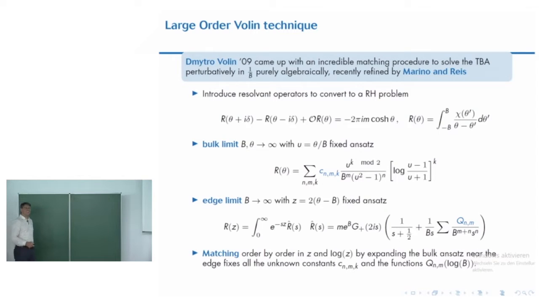But it turns out you don't need to solve the integral equation. It's sufficient now to take this ansatz, expand it towards the edge, and match these 2 expansions. And if you match these expansions, you get algebraic equations that determine all the C's and all the Q's. And you do this order by order in the chemical potential. I think this is a work of art. Getting it to actually work on a machine is quite hard, but you can, in principle, go quite high in perturbation theory.